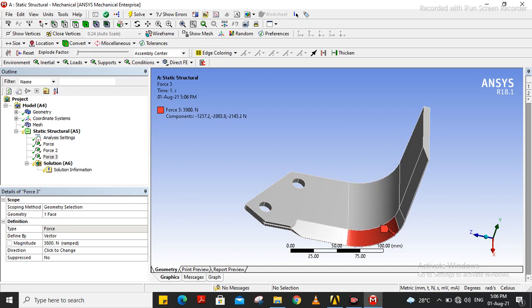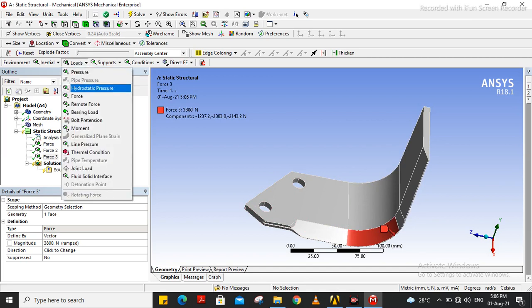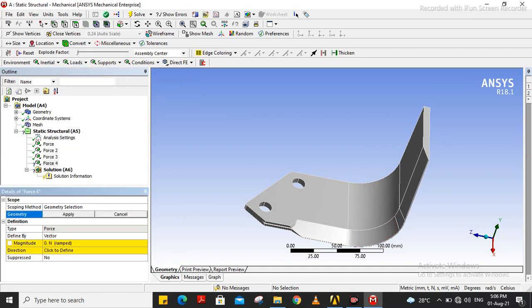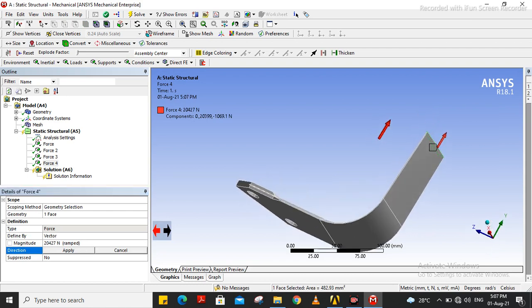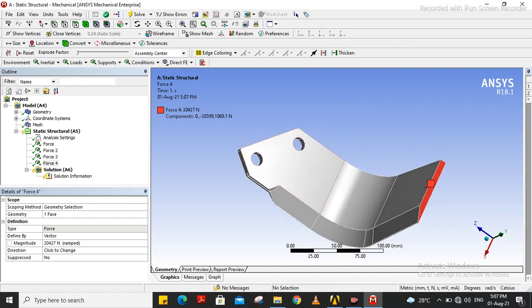Again next force is applied at this point tangentially. The value of this force is 20427, and the direction will be opposite over here. Okay, so the force part has been over.